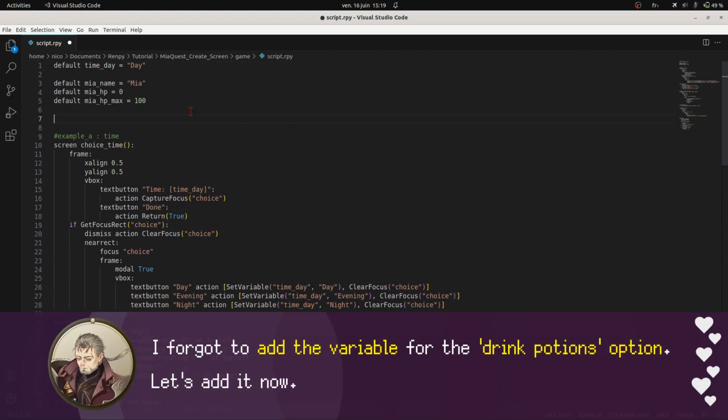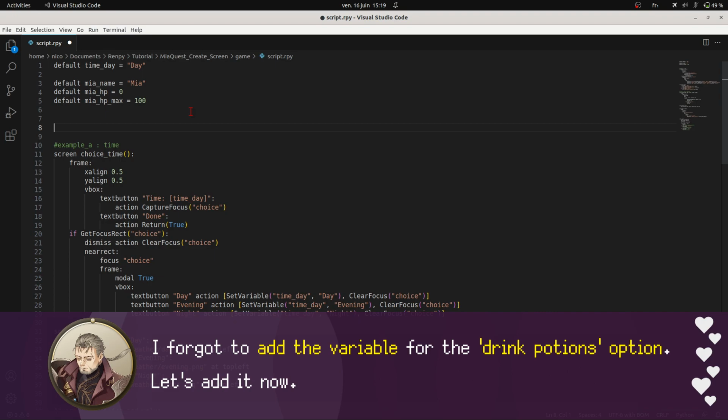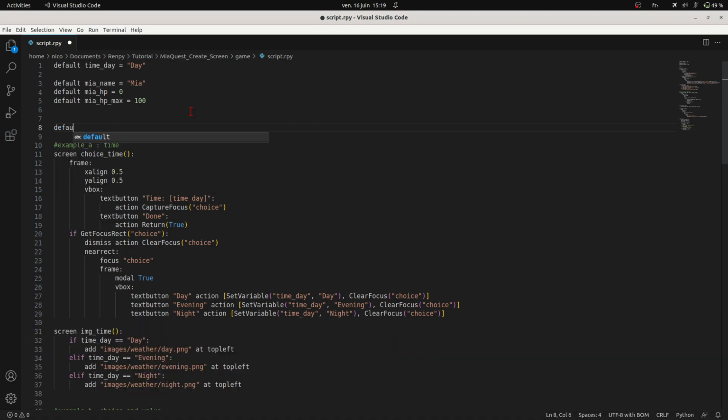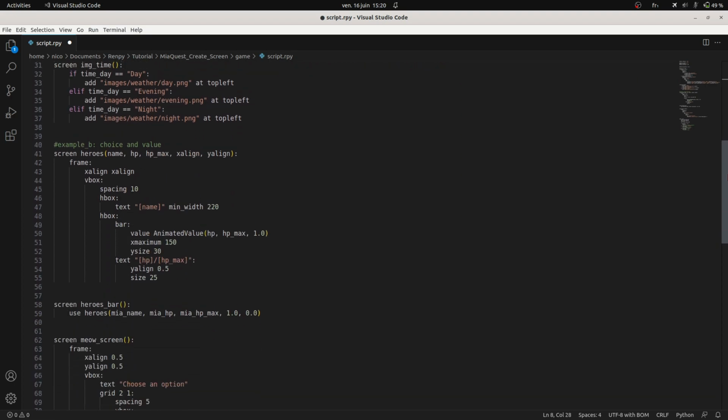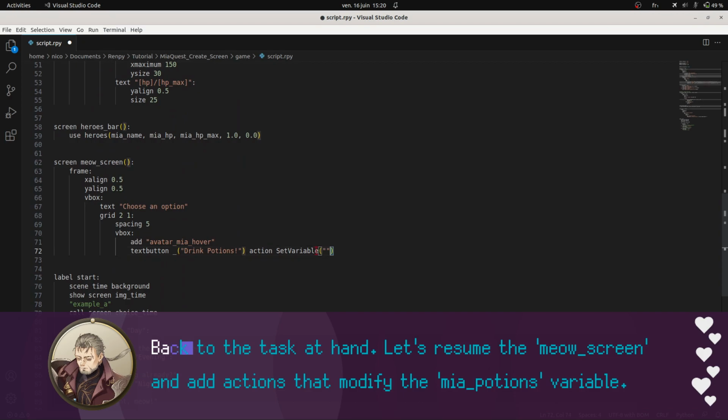I forgot to add the variable for the drink potions option. Let's add it now. Back to the task at hand. Let's resume the Mayo_screen and then add actions that modify the my_potions variable.